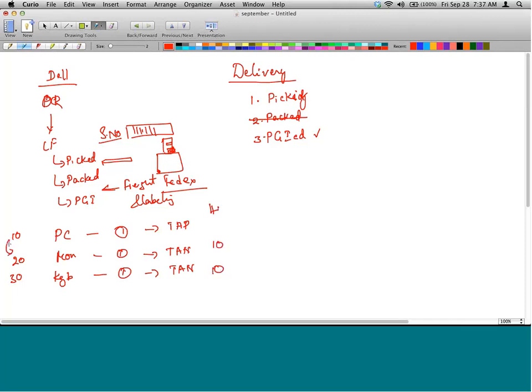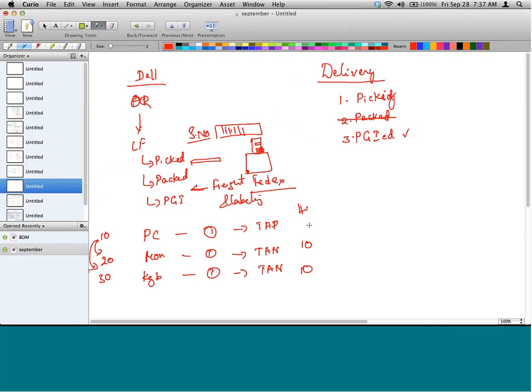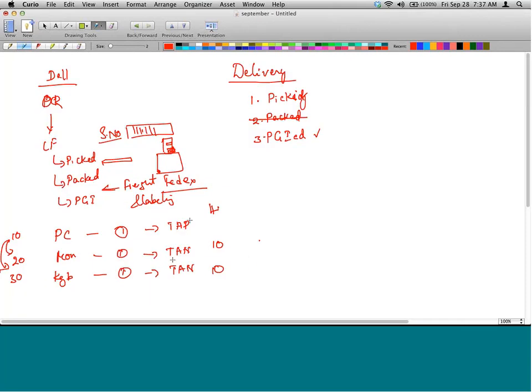That means these are components of the top level part. Now, this will also come through to the delivery. But can you pick a PC which is a phantom part? You cannot. You have to explicitly pick a monitor, you have to explicitly pick a keyboard, and both of them combined together will become a virtual part called the PC. So this is not relevant for picking, but these are.